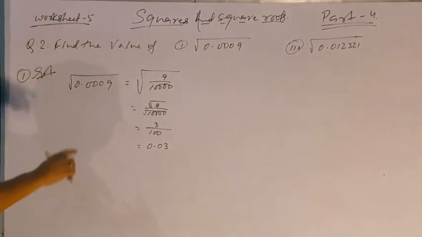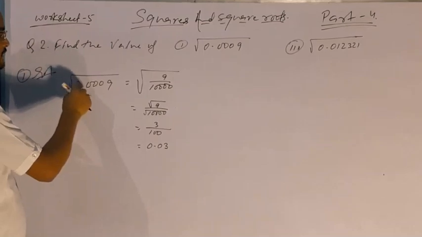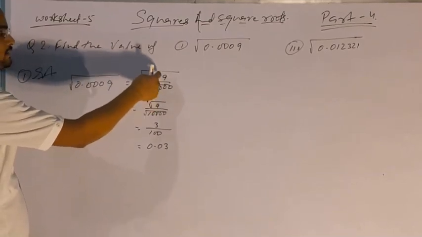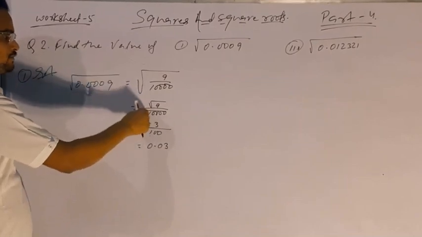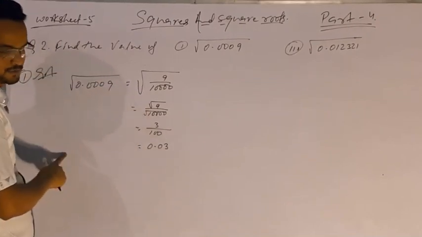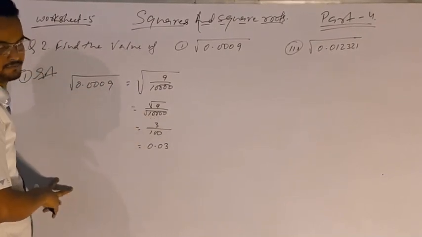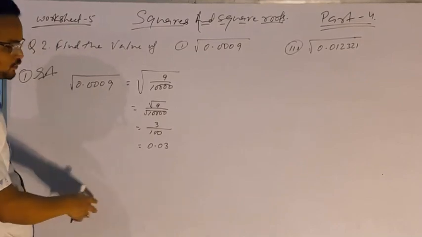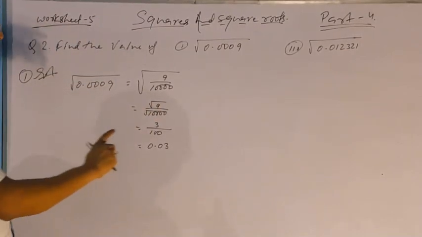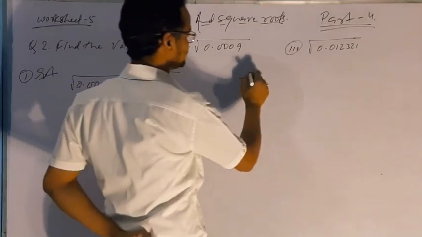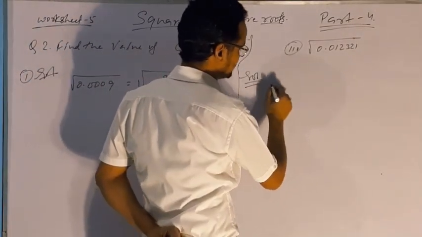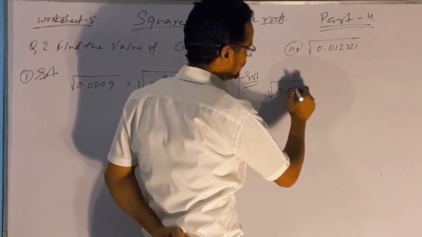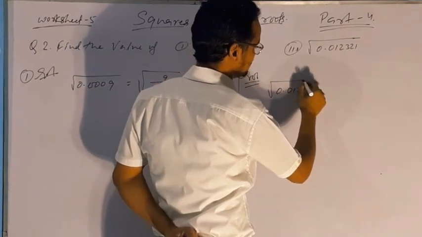Firstly, we have just removed the decimal and converted it into a fraction. Now put the square root on the numerator and denominator on both sides, and then find the square root of that number directly. No need for the long division method. Similarly in this question, we can write that 0.012321 is equal to